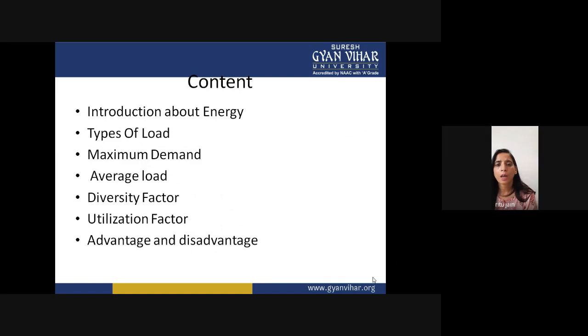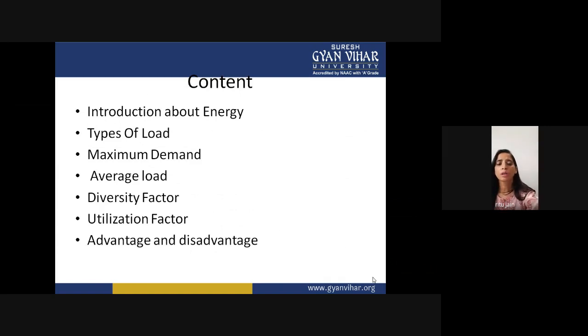We have already discussed the different types of loads, which were domestic load, industrial load, agriculture load, and irrigation loads. We have also discussed when these loads require electricity, what their peak and off-peak hours are, and what their maximum demands are. We did this in our previous lecture. In this lecture, we will discuss the load curve and the load duration curve.